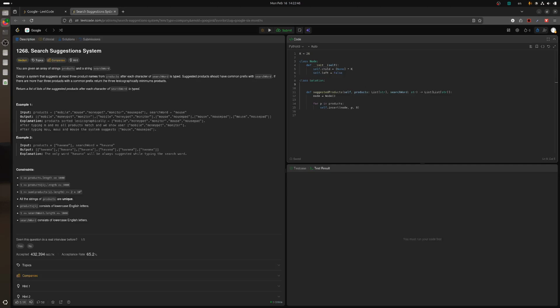So now what do we do? Are the words unique? Yeah, the product words are unique. Okay. So let's try to define the insert operation, which will have a node and then the prod, but that's also a function. So let's call it p and then index, right? So if index equals len p